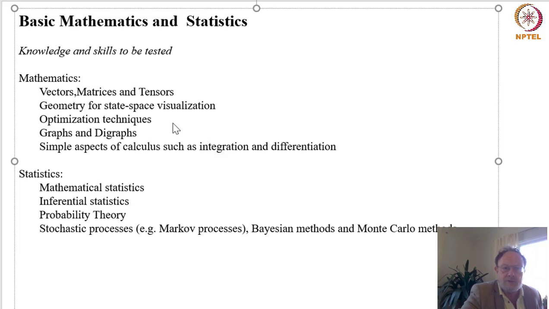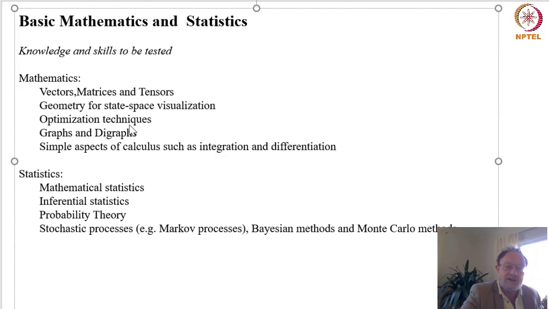And as I hope you understood, vectors, matrices, and tensors. In general, a lot of mathematical subtopics, one can say related to some type of arrays, is important, and operations on those. They will occur over and over again within the course. Also some geometrical concepts relevant for visualizing state spaces,